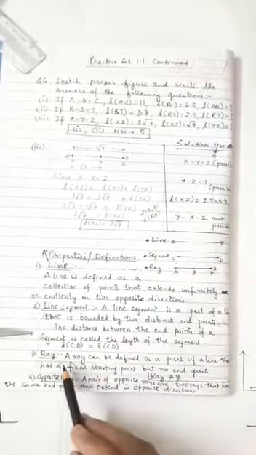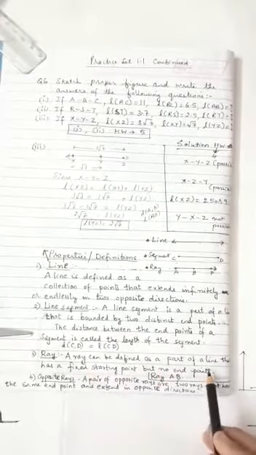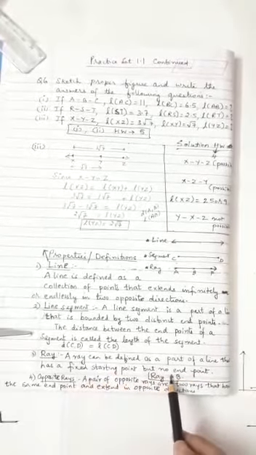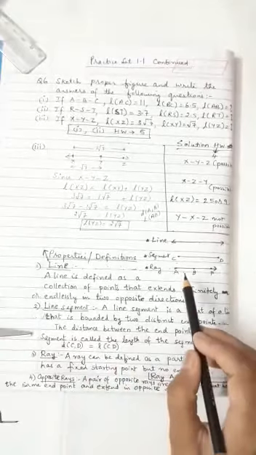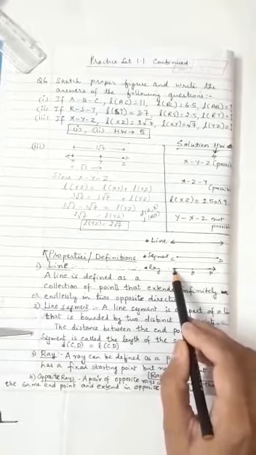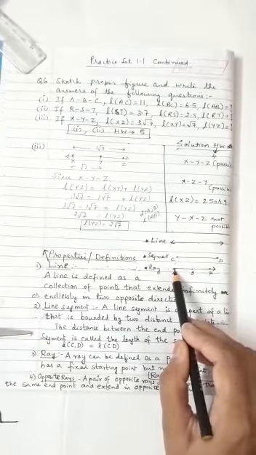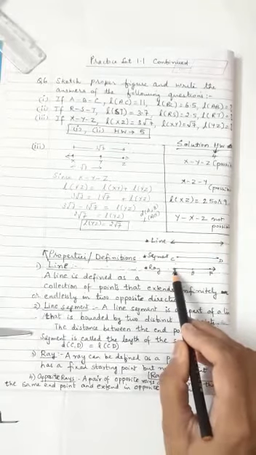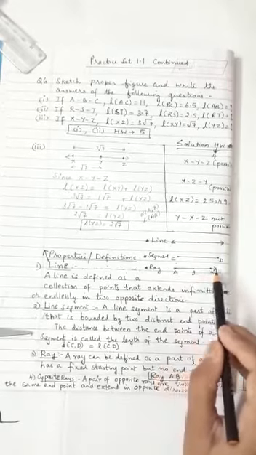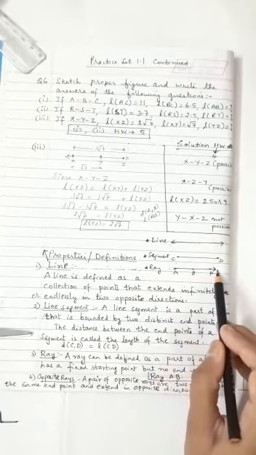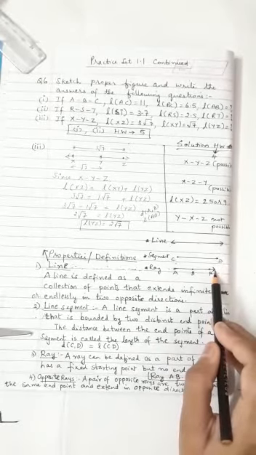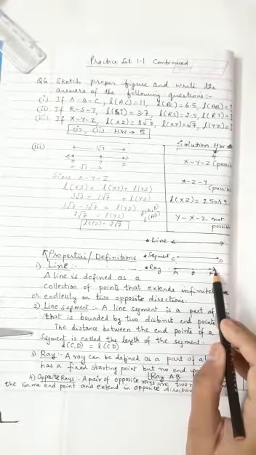Okay. Now ray. A ray can be defined as a part of a line that has a fixed starting point but no end point. Now you can see children, here we have a point which is A. So this is the starting point. This is also called the origin. What we have studied in lower classes, the fixed end of the ray is also called the origin or the starting end. And you can see the other end of the ray is provided with an arrow. So that is endless. The other part of the ray is endless.